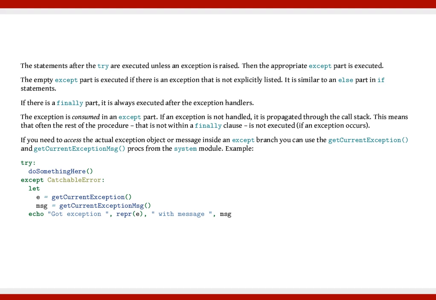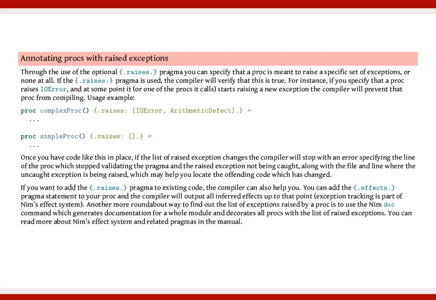Example: try: # do something here except CatchableError: let e = getCurrentException(); let msg = getCurrentExceptionMsg(); echo "Got exception ", repr(e), " with message ", msg. Annotating procs with raised exceptions. Through the use of the optional .raises